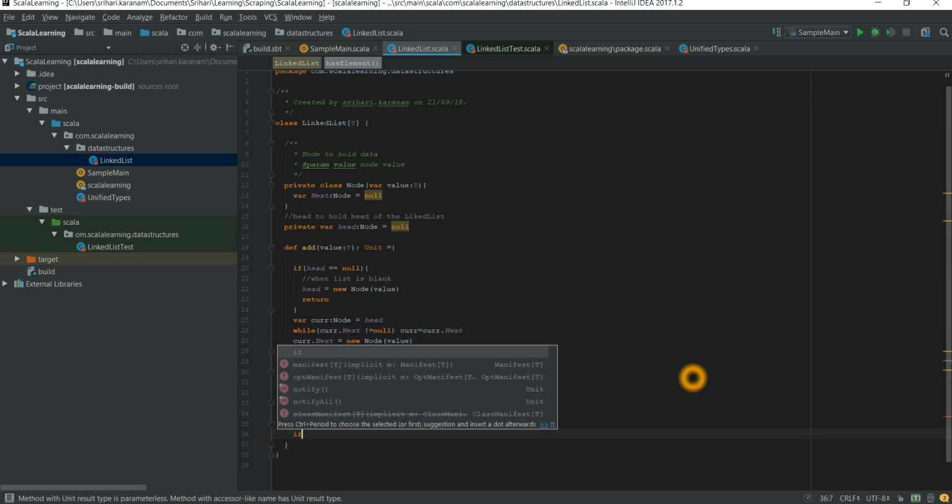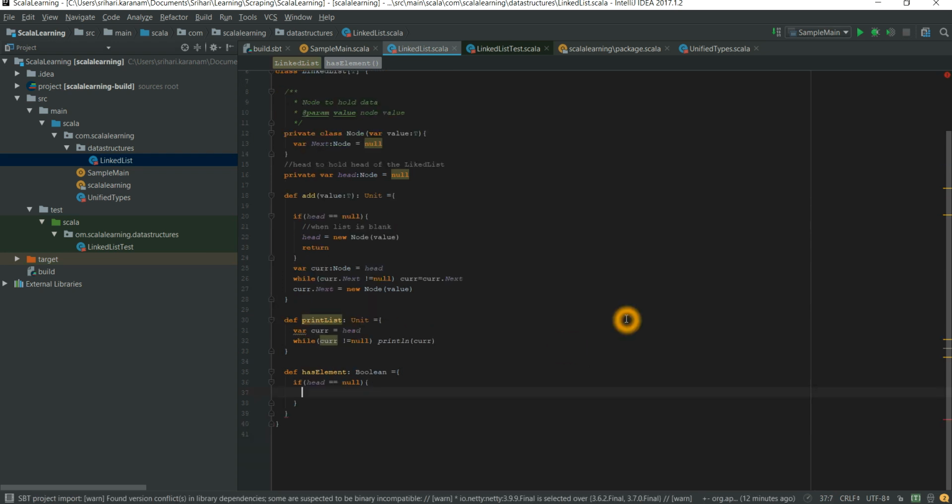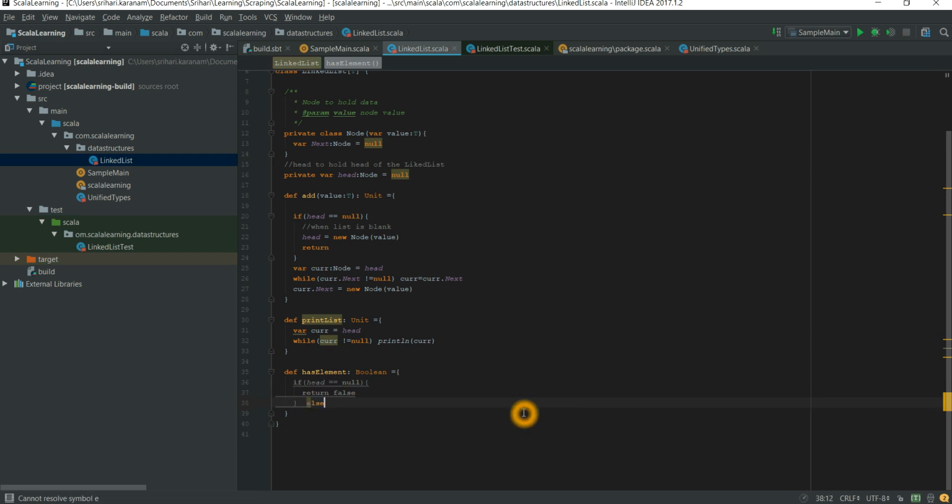Since head is the first element, if it is null, the rest of it is null. If head, I'm sorry, double is equal to null, then return false because it does not have any element. Else,